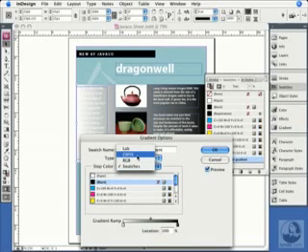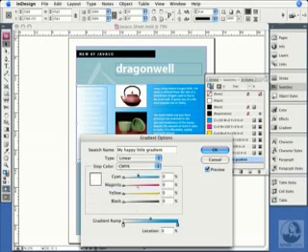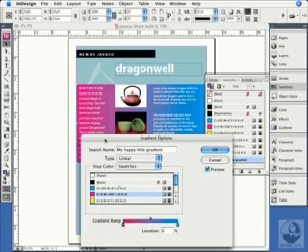If you're going to be using a gradient with a spot color, then first you make the spot color in the swatches panel, and you can choose that from the swatches panel flyout menu. You could add a Pantone spot color to your gradient too. First you would define that Pantone color in the swatches panel, then you would pull it out of your swatches list. In this case, I'm simply going to blend from, let's say, magenta to cyan. So I'll pick two swatches, and here we can see what's going on in the background.